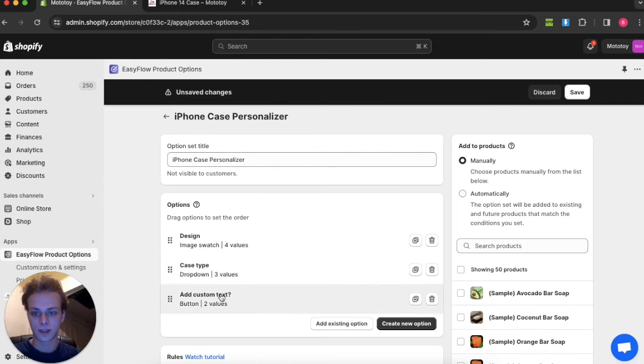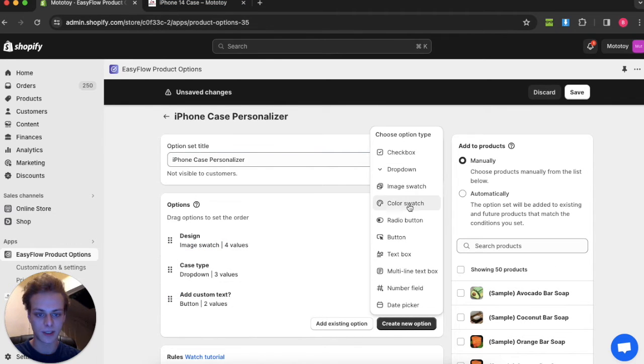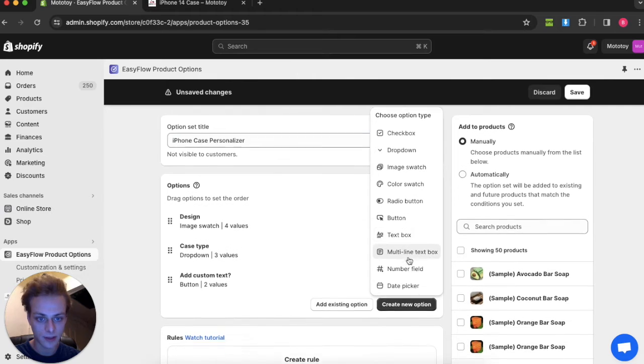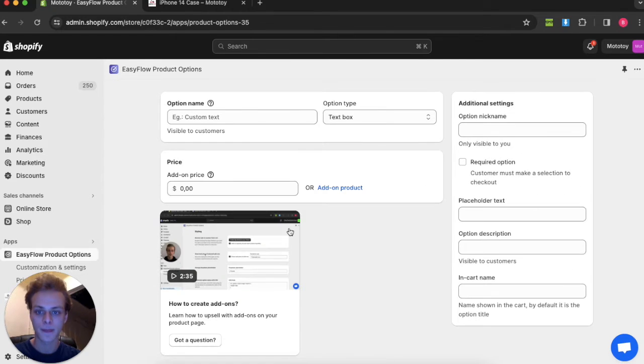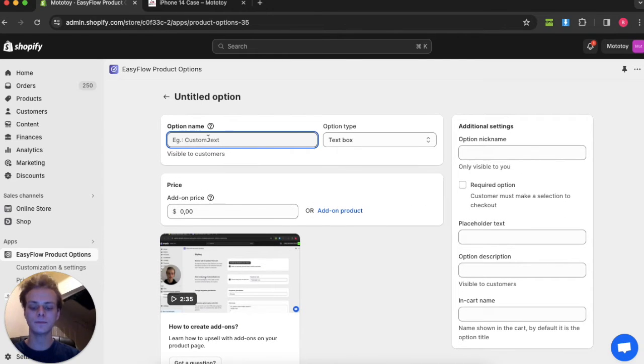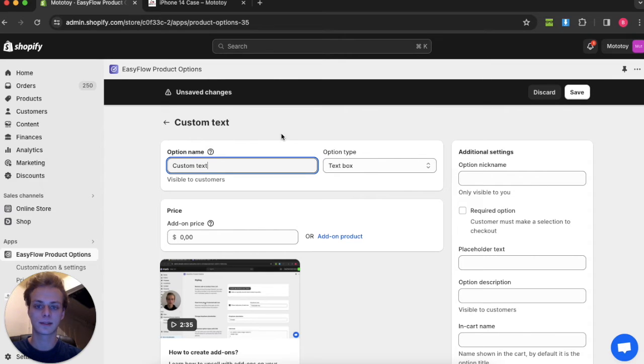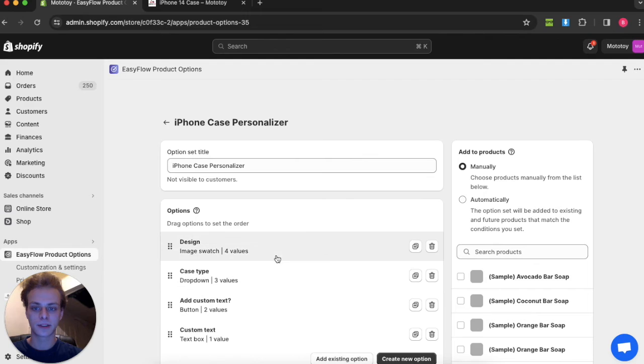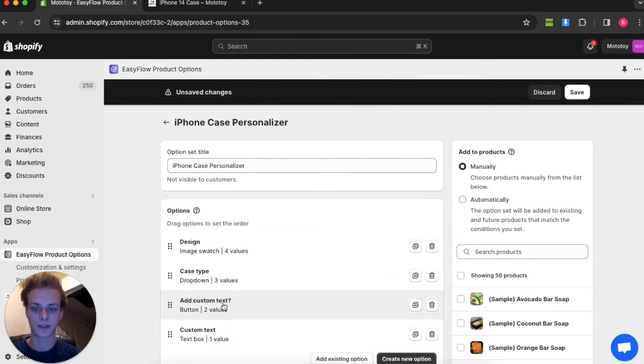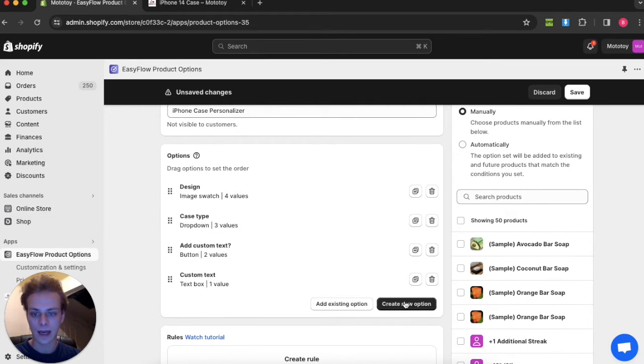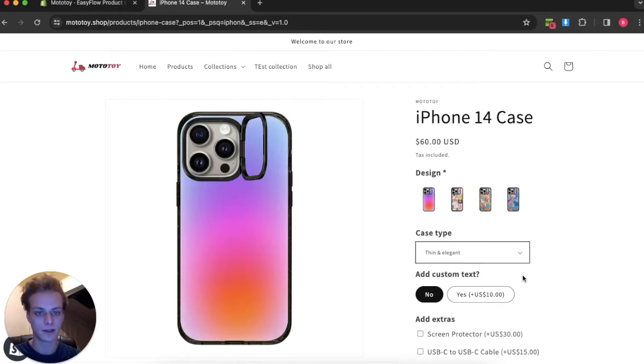As for the third one, we will just create a text box for the text input, custom text. This option will only show if the customer selects yes, but I will show later how you can actually set up that rule. And lastly, we will have the add extras,